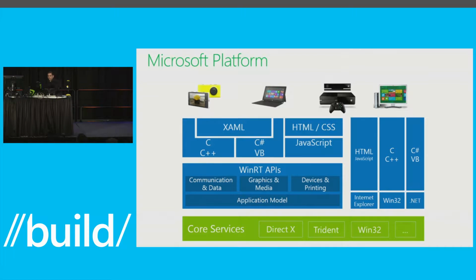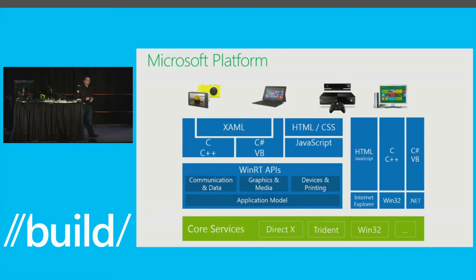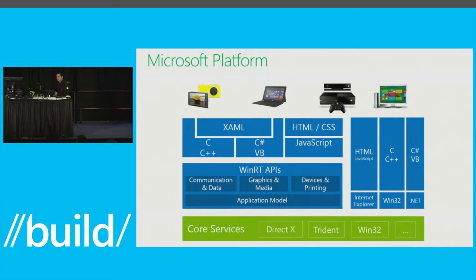And this is the Microsoft platform. As you can see, the Microsoft platform enables you to write games in any language you already know, whether you're an HTML, JavaScript developer, or a DirectX, C++ developer. You can write games that target PC and phone, anywhere from my Nokia Lumia 520, this really small phone, to my Surface device, to my PC with a 40-inch display, all the way up to the console. You have the language of choice, and you have the ability to target our whole platform, all these different screens.